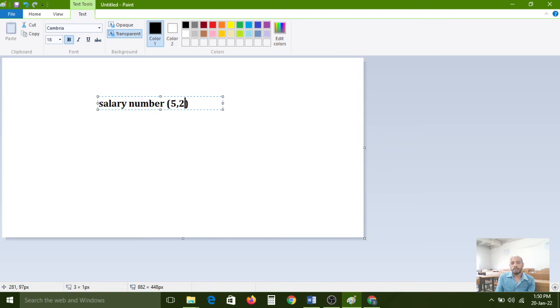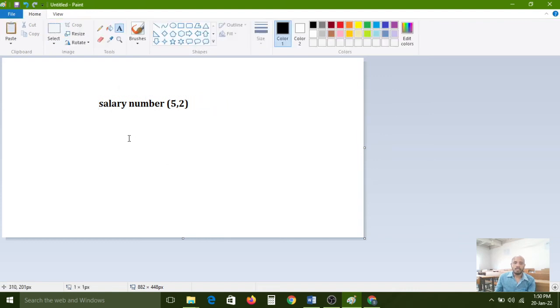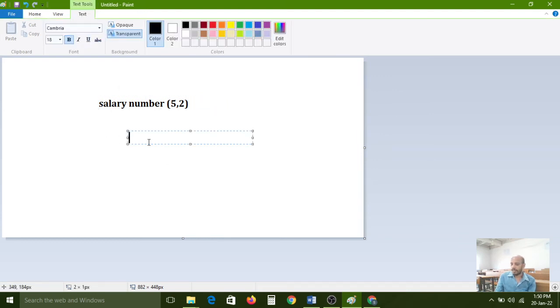2 is nothing but the precision. For example, with 5 digits, say 1 lakh is the salary. 2 means I need to put the decimal point after 2 decimals; from the last, I ignore 2 digits and keep the scale point there. So 2 levels I am decreasing here, and my salary is right now 1000 rupees.